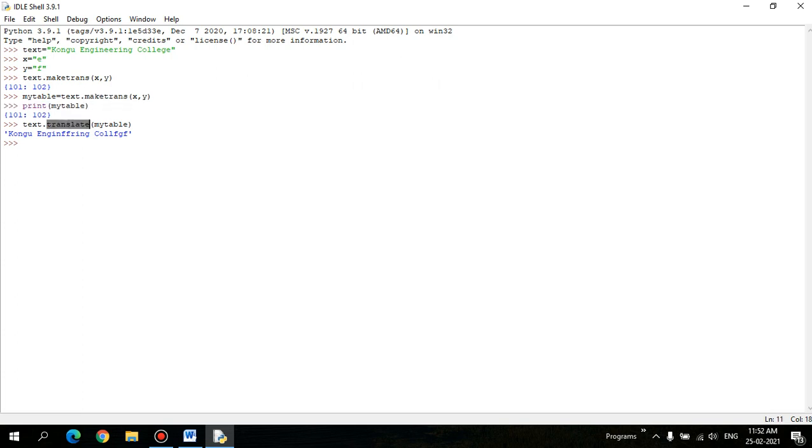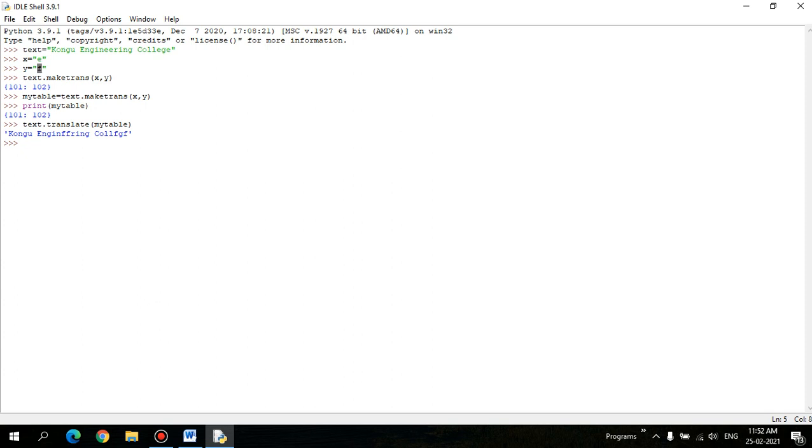To visualize the output of maketrans, because maketrans returns an iterable table, that can be visualized using this translate function. So this will return only Unicode, and 101 is nothing but the code for E, and 102 is the code for F.